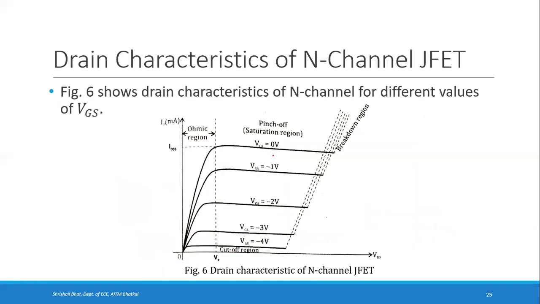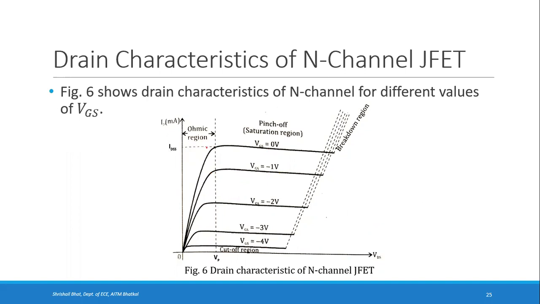And here you can see, as I had said, as you increase the gate source voltage, in the sense of negative voltages, like this was for 0, if you make VGS equal to -1, you get a lesser value of constant drain current and also a lesser value of the voltage at which the current becomes constant. Again, if you increase, the current will reduce. As you increase the gate source voltage, you get lesser values of currents. So this is the drain characteristic of N-channel JFET for different values of VGS.